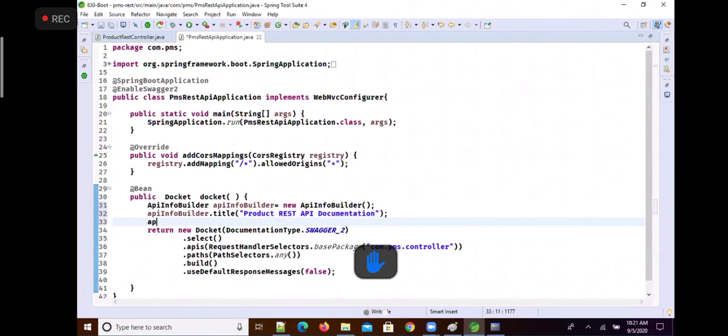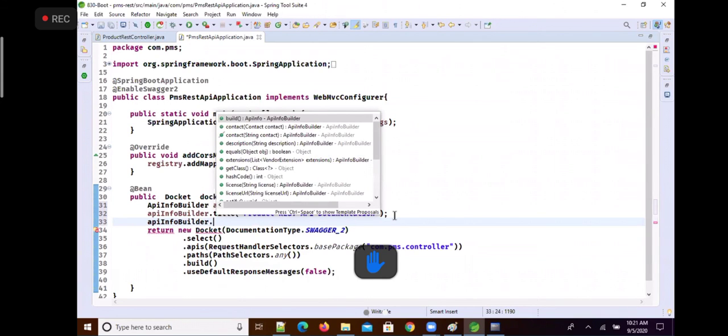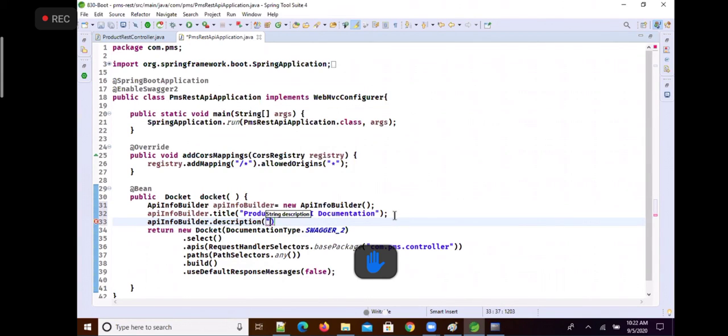ApiInfoBuilder is a helper class to build the ApiInfo object: description, title, contact, like that.